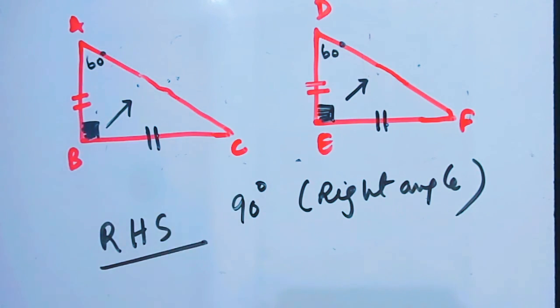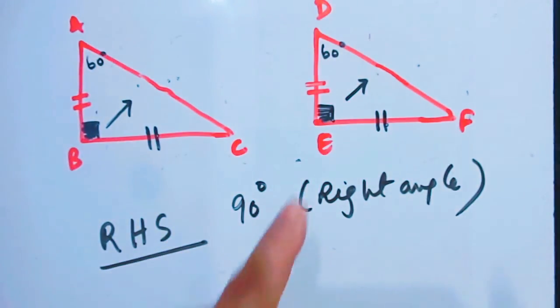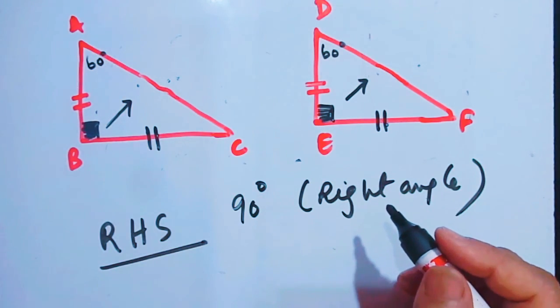But let me remind you that here the hypotenuse, which is AC and DF, is not given equal. Therefore,